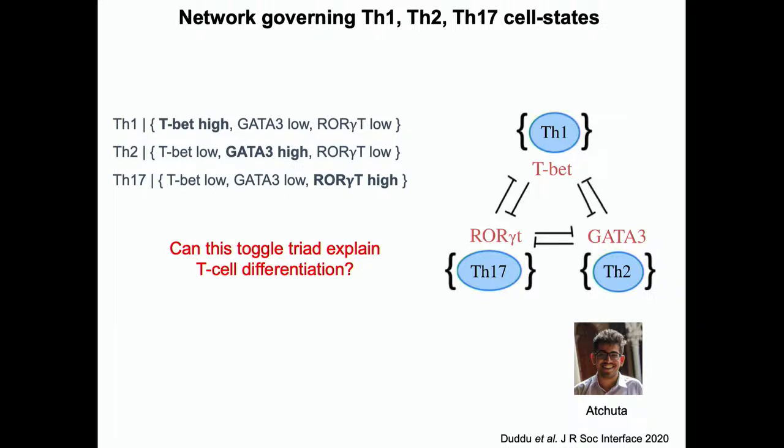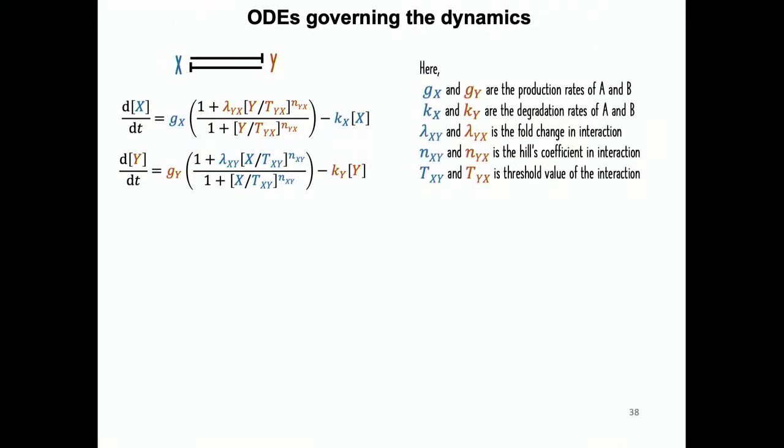Now, what we do not have is the exact parameter value of these interactions. So what we did here is we wrote down very similar ODEs to what you have been seeing so far, and simulated the dynamics of this over a large range of parameter sets which were chosen from a biologically relevant range. So we don't know the exact half-life of a protein, but we know the range of half-lives of proteins in mammalian cells. So you could choose that range and say that I'm going to sample my range of half-lives from this. Similarly, you can do this for production rates and so on. So when we do that,